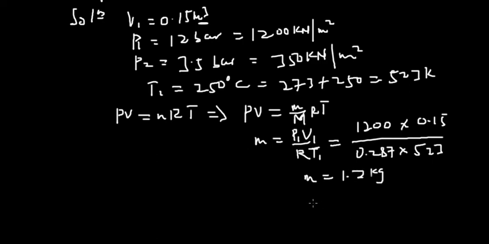Now we are about to find our final pressure. We know M. So for the final pressure, we know that T2 has to be equal to T1, and then you multiply that by